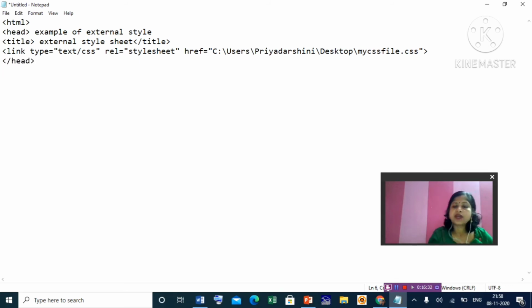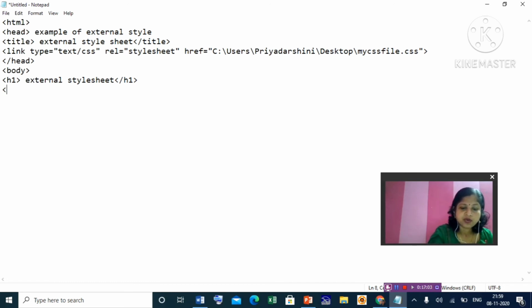So we have created the style sheet where formatting features for body, first-level heading, and one paragraph have been defined. So we'll create the body now. Inside the body, suppose H1, I want to write External Style Sheet as my heading. Close. Here no formatting feature is applied. All the formatting features we have stored in a separate file.